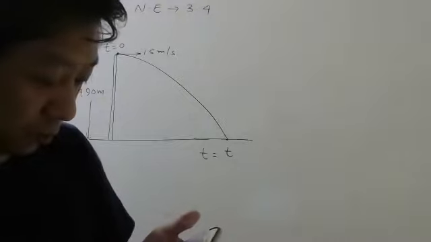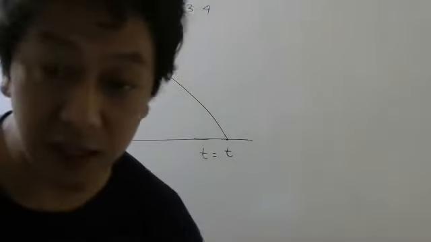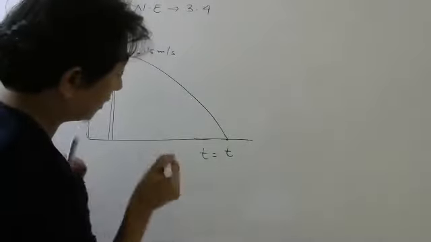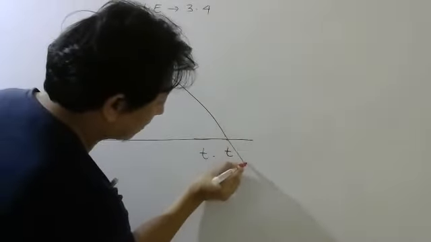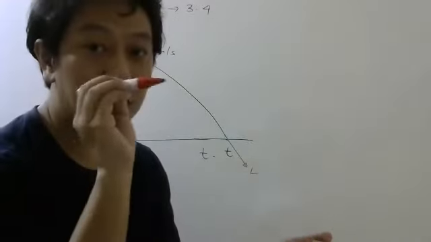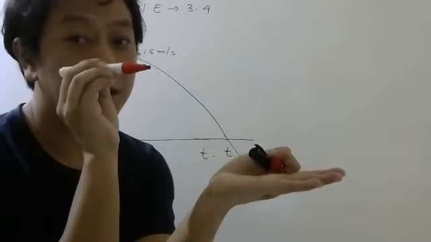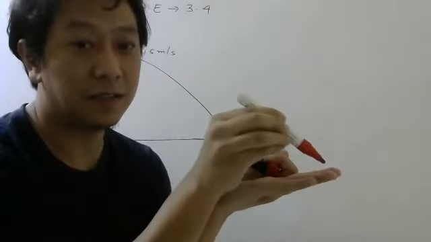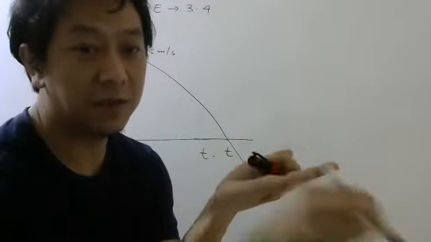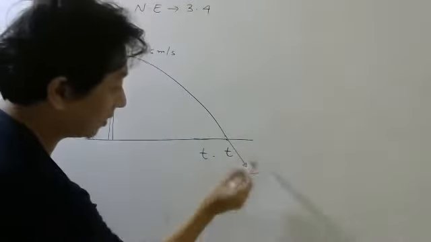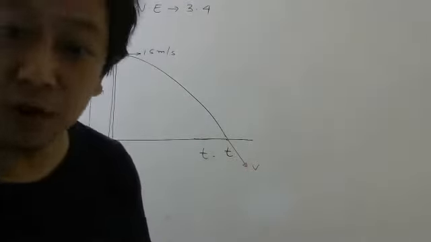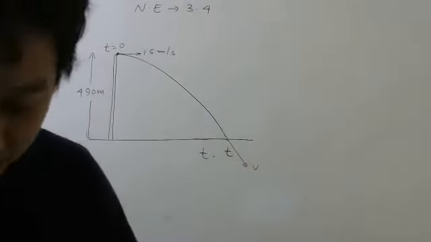And also we have to find the speed with which it hits the ground. That means when it reaches here, it will have velocity in this direction, right? Tangent. It will hit this way. If this is the ground, it is coming like this and it will hit like this. So at that point, the direction of the velocity will be like this. So we have to find this velocity. Since they say speed, that means only the magnitude of this velocity. So let us start.